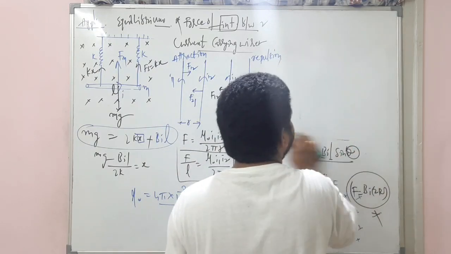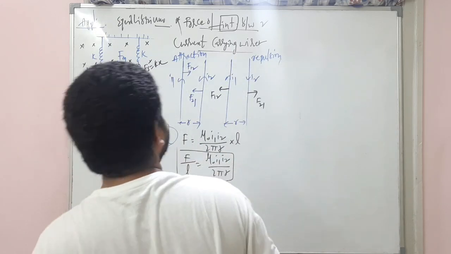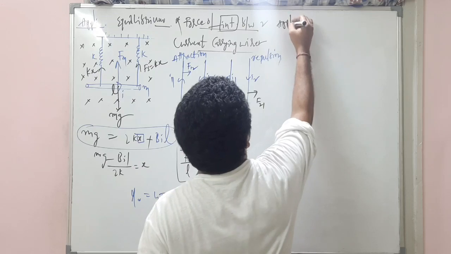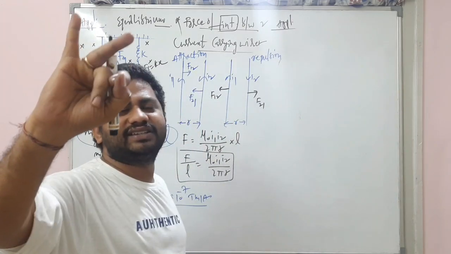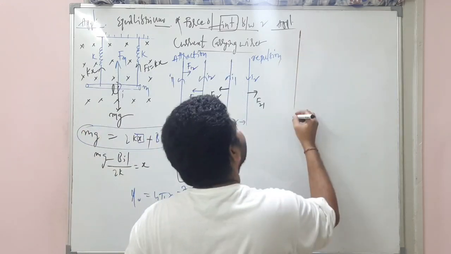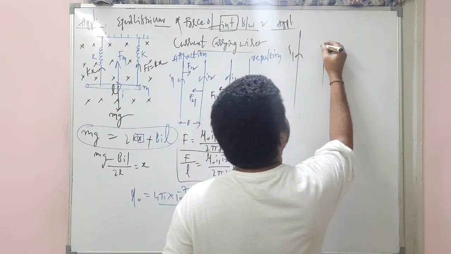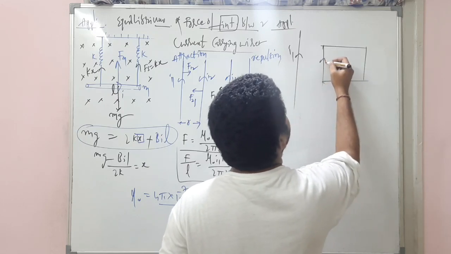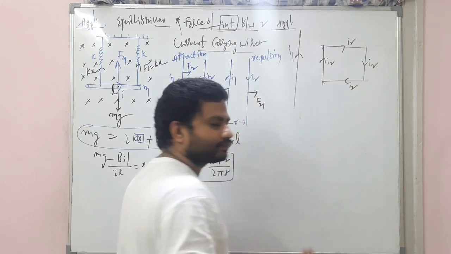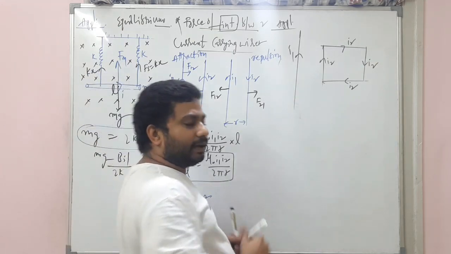So what is the application left here? Look at this. A simple application, so there are no difficulties involved here. Very simple application, and the most commonly asked question for all entrance exams, NEET, JEE, CET. There is a current I1 flowing through this wire, and very close to it there is a current flowing through this loop in this direction. I2 is the current flowing in this direction. Simple. What is the force of interaction between them?